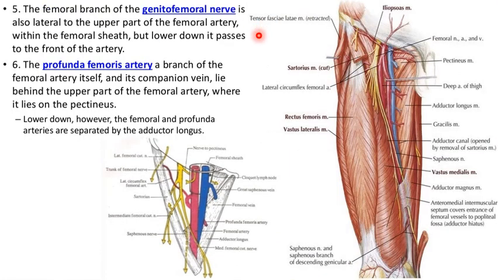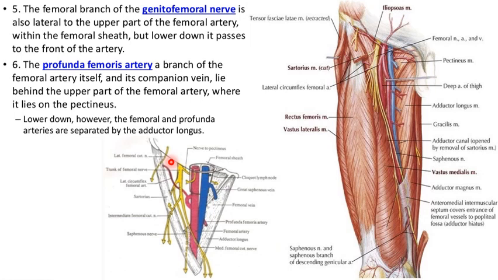So the other nerve is the genitofemoral nerve. To be more precise, it is the femoral branch of the genitofemoral nerve, which is also within the femoral sheath because it descends along with the femoral artery. Initially it is placed laterally along with the femoral artery, and as it enters the femoral triangle, it appears anterior to the femoral artery, pierces the anterior wall of the femoral sheath, supplying the area